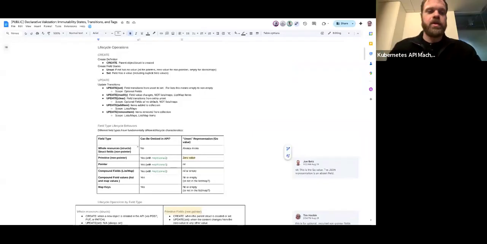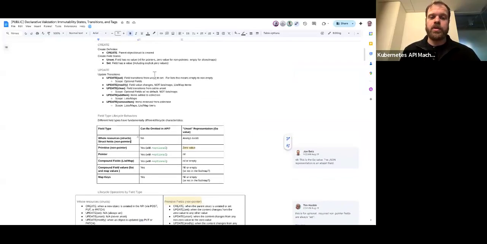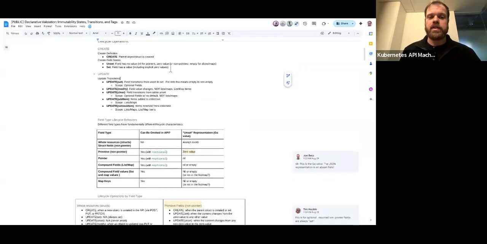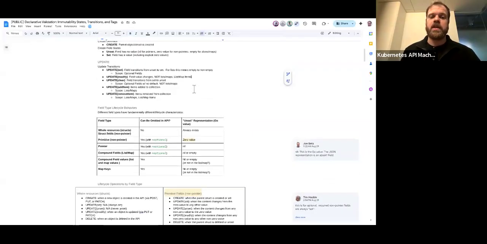So you can imagine if something is immutable from its create, like set or unset, then you cannot change this, or that might be an aspect that you want to tweak as far as your immutability is concerned, whether you can set or unset an object on the initial create. And then there's also update operations, and updates have a similar state transition, set to unset, but also a modify where, obviously, if it's set, you're changing the value.